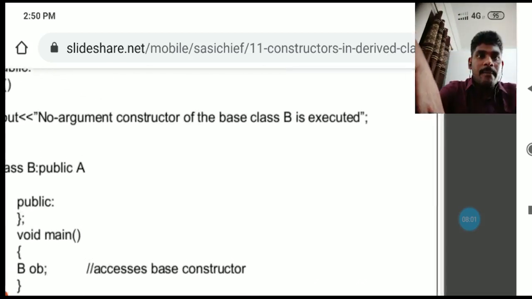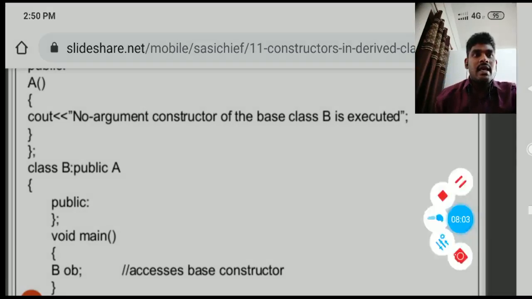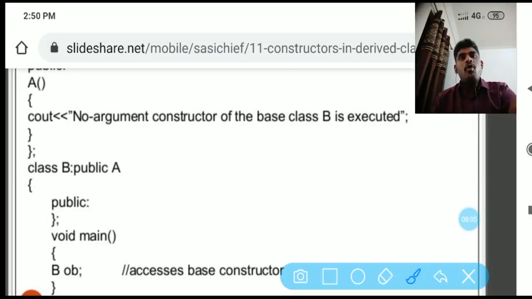OB is the object we created. Then automatically the base class constructor is executed first, and then the derived class constructor is executed second.